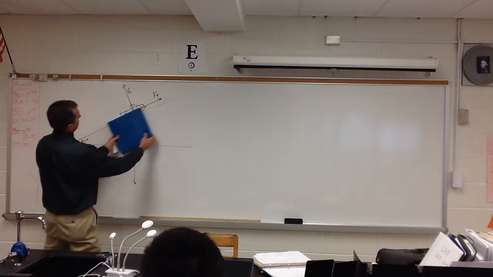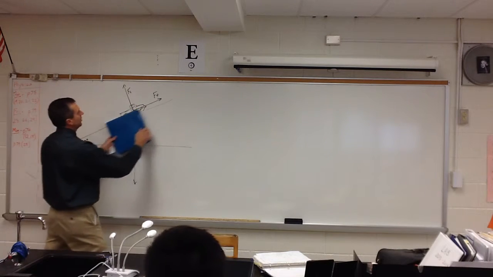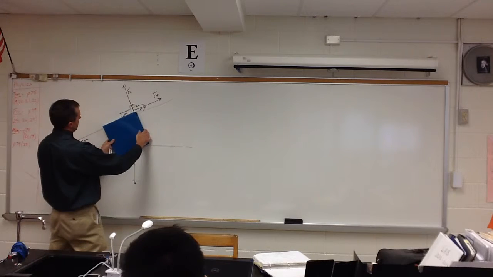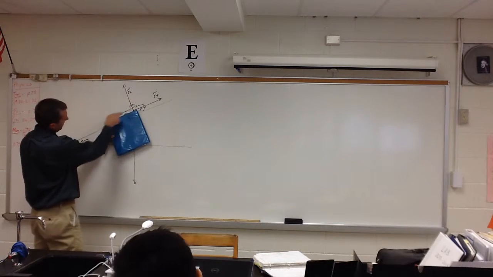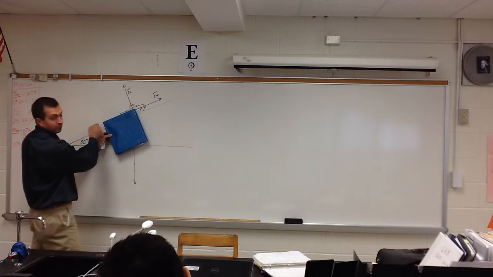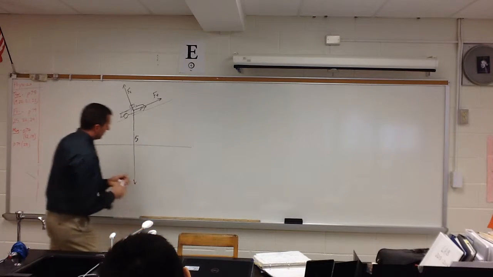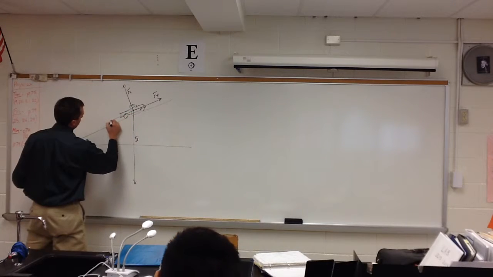If this is the flat ground, see I'm using my folder to show not the flat ground, the hill ground, this is the hill, then I need to draw this such that the hill is going to line up and hit my force of gravity. You see what I'm drawing here, or what I'm trying to show you with the folder? So I need to have it like this. I need to have this force come down far enough